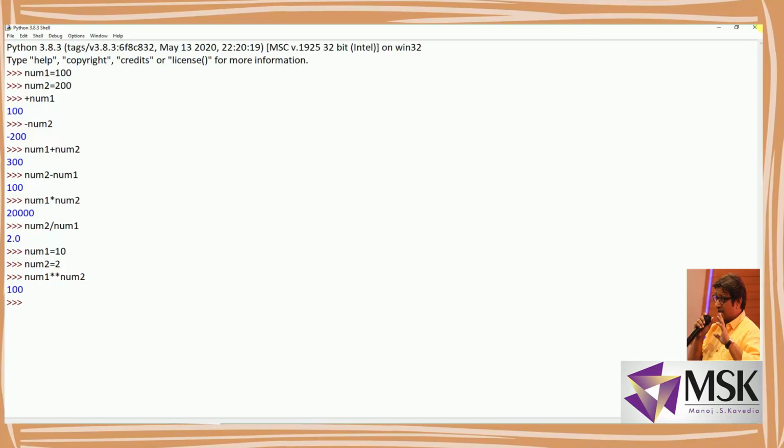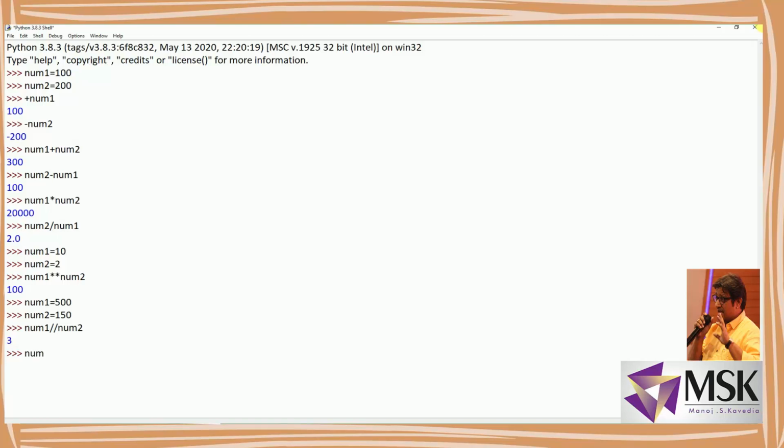And then finally we'll see what integer division is. Again I'll initialize num1 to, let's say, 500 and num2 to, let's say, 150. Now num1 divided by num2. It should give me some integer value. Let's see what it gives. It is giving me 3. Actually it should be 3 point something, but it will always round it down to the lowest value. Let's see one more example.